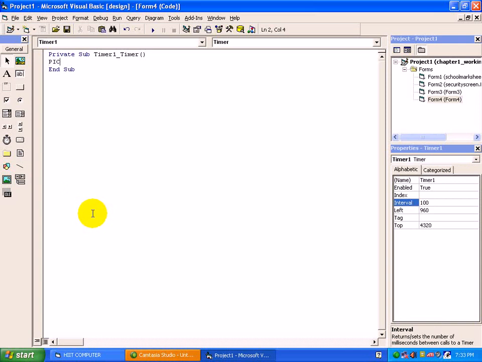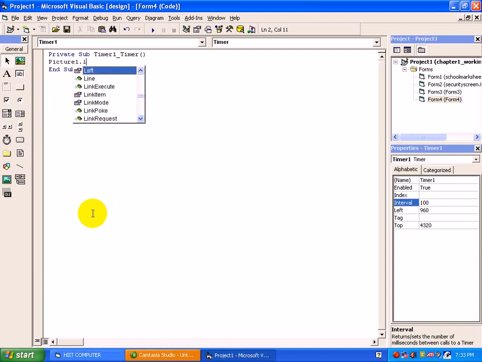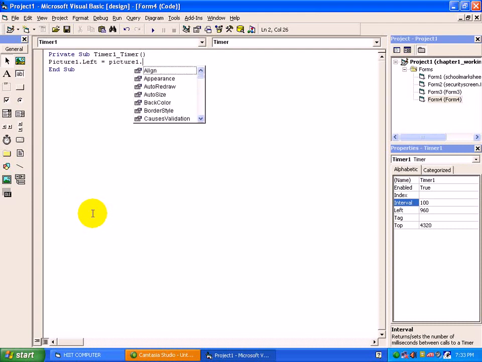By default the name of that picture box control is picture1. With the help of the left property, we can move that: picture1.left equals picture1.left plus 100.